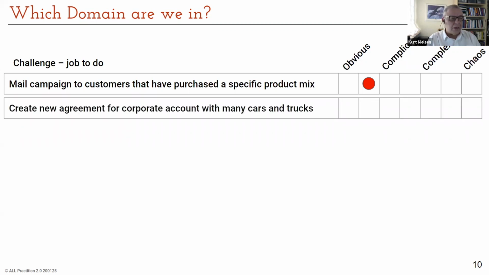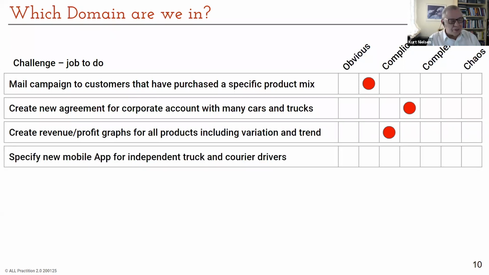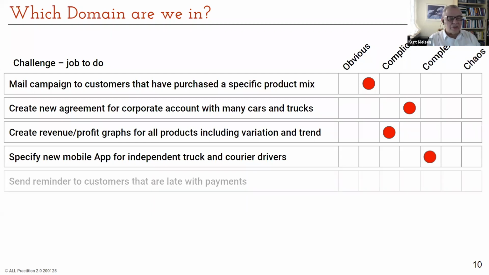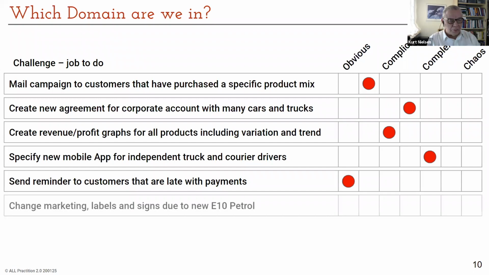And maybe here's a new agreement for a corporate account, and here's revenue profit graphs, and here's a mobile app for independent truck and courier drivers. This is for a specific company. We use this actually, and people were trying to see how their application in their environment might fit into this domain. As you can see, it has something to do with petrol. So some of you might guess what company it is. Anyway, this is one way of doing it,